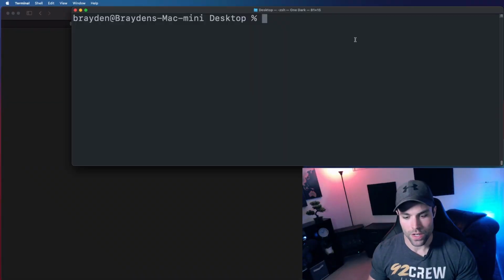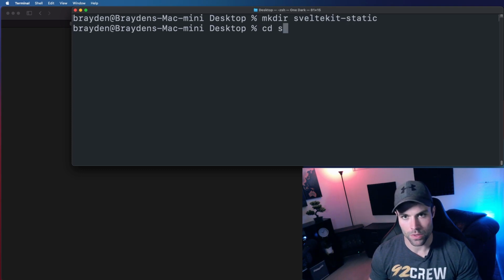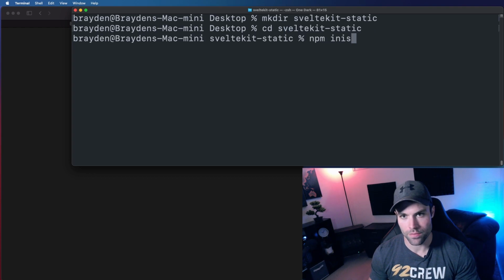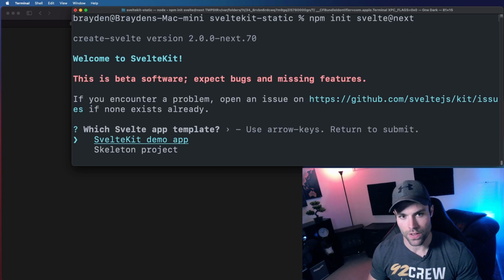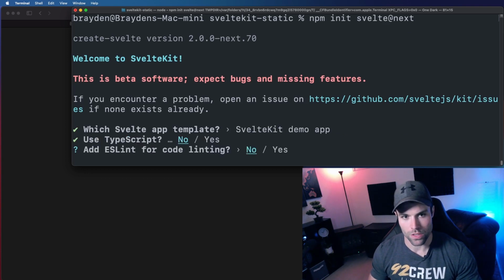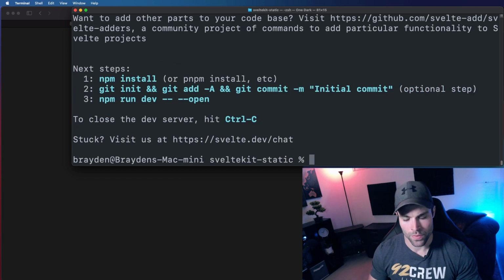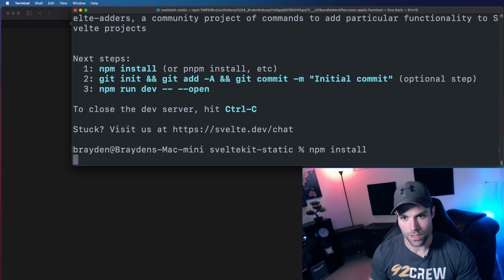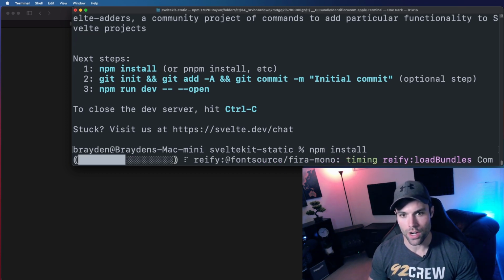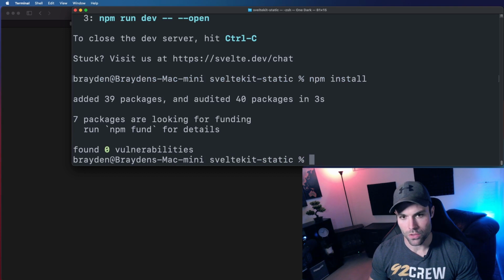Okay, so we are going to first make a directory. We're going to call it SvelteKit-static, and then we'll go into that directory and we will do an npm init svelte@next, and we're just going to install the SvelteKit demo app, with no to TypeScript, no to ESLint, no to Prettier, and then we'll do an npm install to install the default node modules required for SvelteKit, and then we will do an npm install to the dev dependencies at